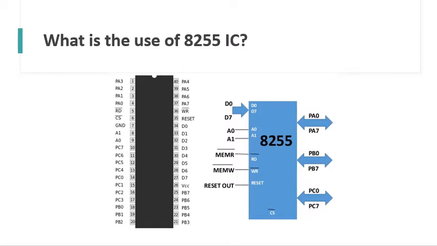What is the use of 8255 IC? The 8255 is a programmable chip used for interfacing peripheral devices. It connects with a processor or a controller and increases the number of I/O pins that can be used in the system. It has three 8-bit ports used to connect I/O devices. What does that mean? That means we have 24 pins for interfacing input-output devices that are divided into three ports. Why? For additional control and features. We will find out more about that in subsequent slides.